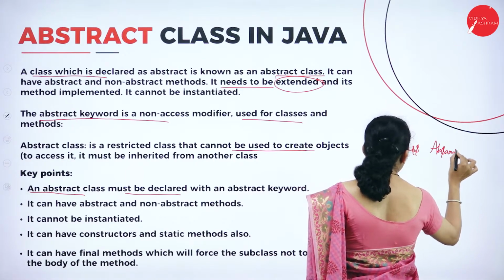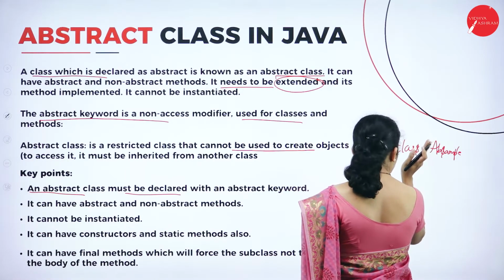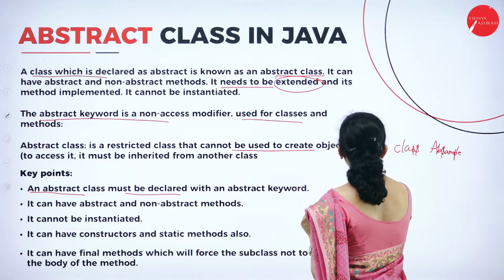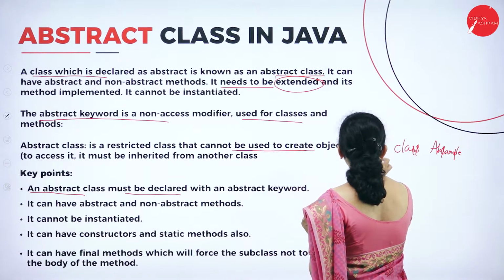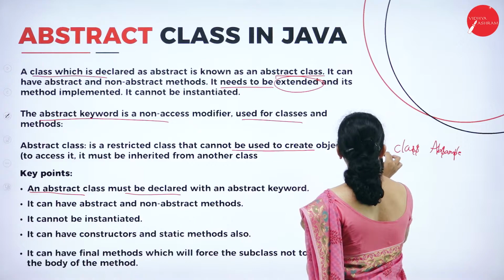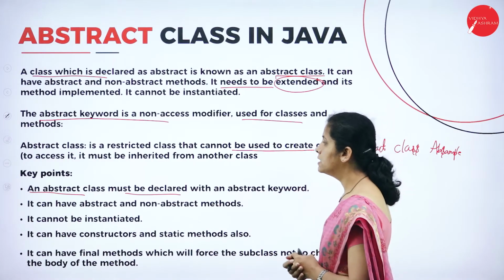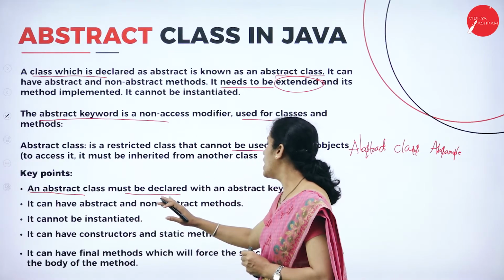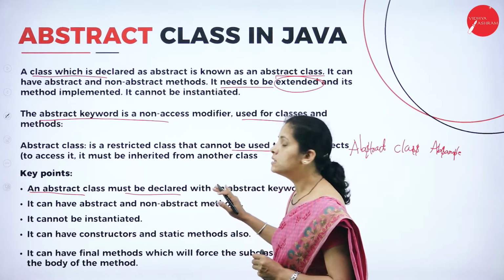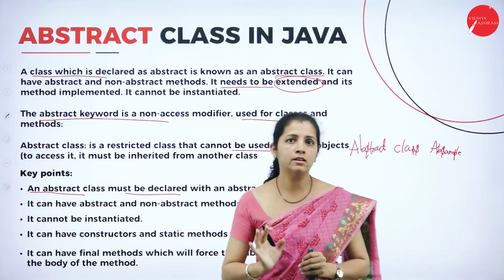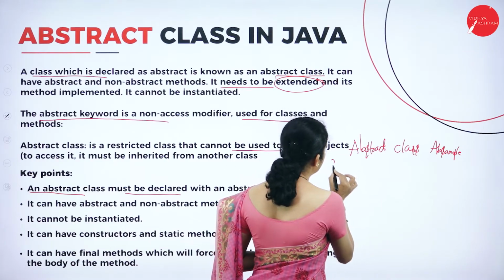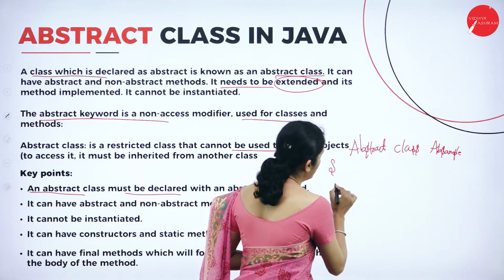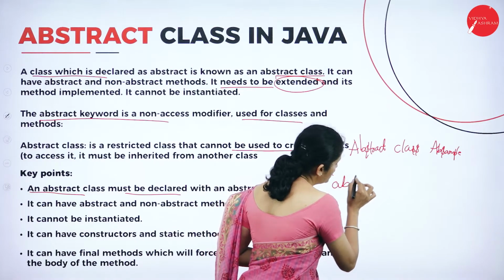As the first rule, my abstract class must include the abstract keyword. Then it can have an abstract method and a non-abstract method. For example, think that this is my class. Here I can create an abstract